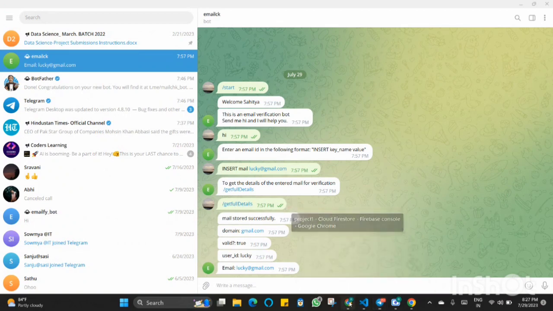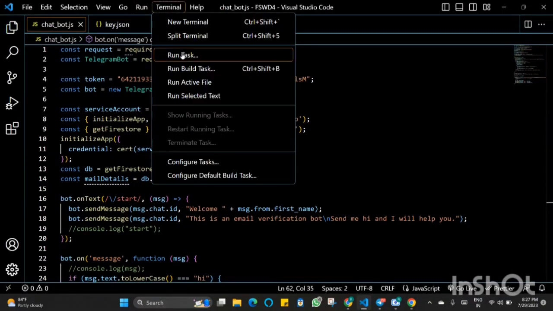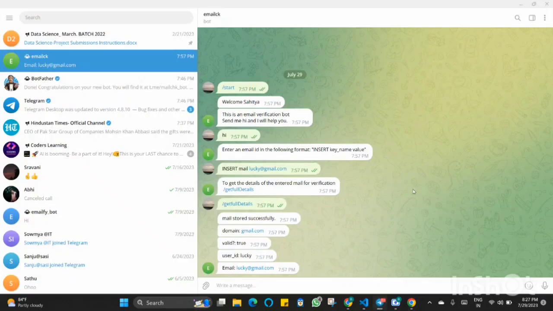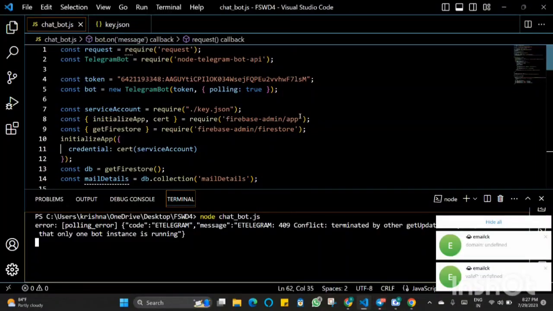Actually, I forgot to run this. In order to run a Node.js program, we have to use this command: node filename.js, and once I run that program, I'll get this, and again, I can use this chatbot for other purposes also. This is my